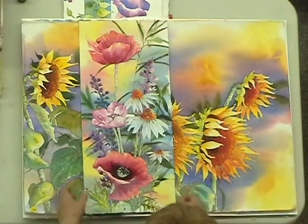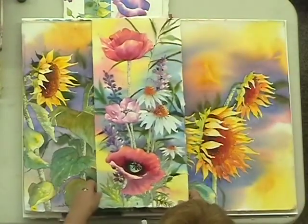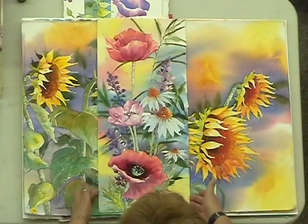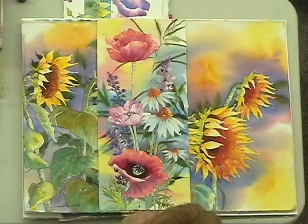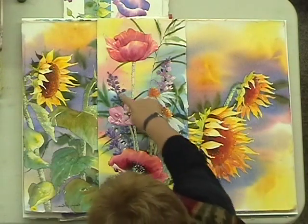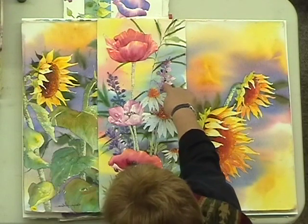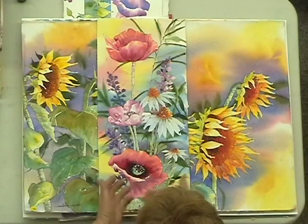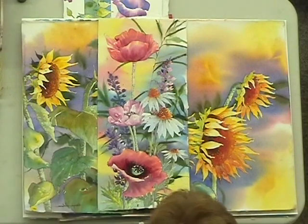Now this is 1/3 of a piece of paper. So if you cut it the 30-inch way into 3 10-inch shapes, this is what I call 1/3 of a paper. And here you can see I've gone into what I call ditch flowers, the lupin that we see a lot around here in the springtime. Some of them were painted in shadow. This was done in the background wash. This was done in the first wash where I masked over it. But it's really fun to do a blending of flowers. I will be doing this subject in our second